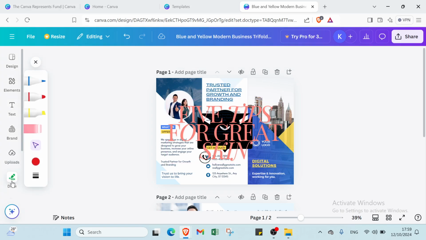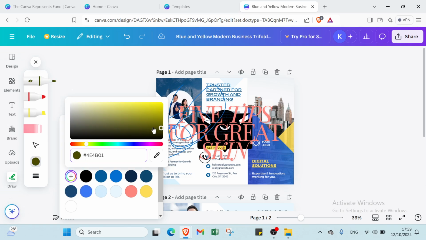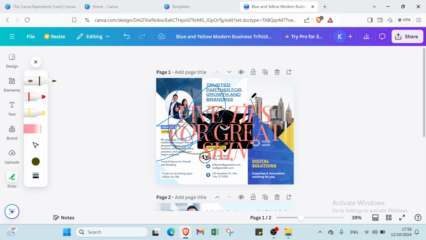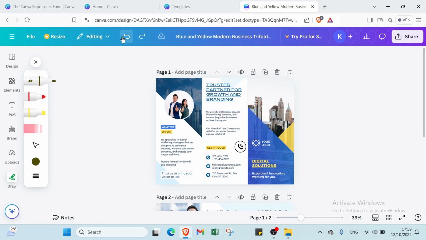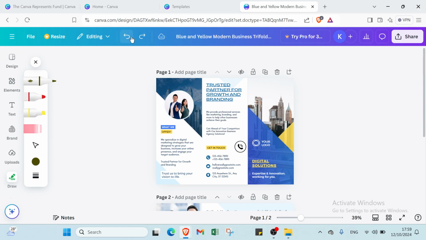Then we have the last option, which is draw. About this one, you just have to draw whatever you want. You choose the color that you want. For example, here I will choose black, and choose also the color that I want here. For example, I'll select this one, and here we have it. So here we have the option of eraser if you made a mistake, and this is how it looks firstly. And we have a redo, as you can see. Also here we have the zoom,